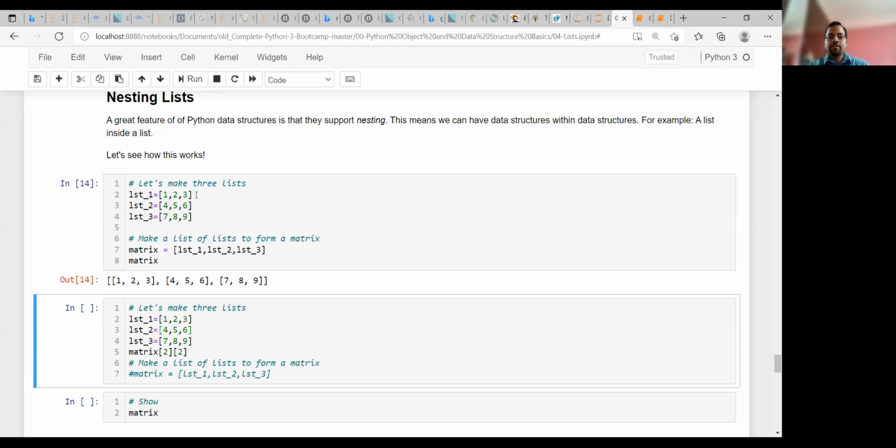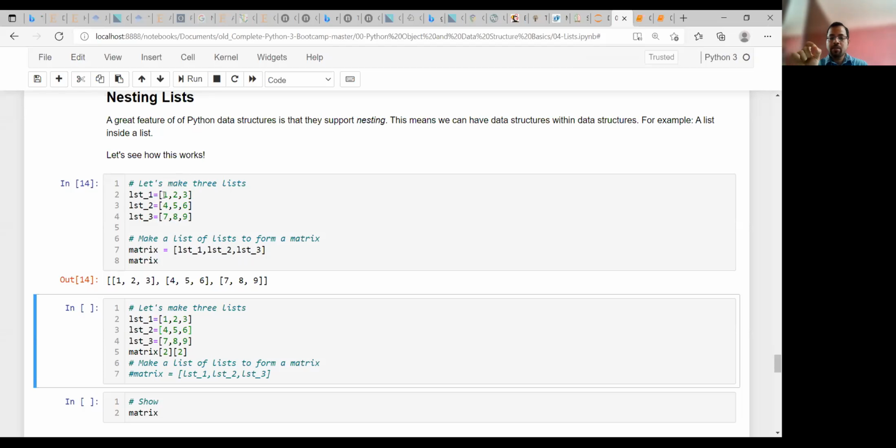And row wise, this is the first row, second row, and third row. So if you are generalizing this with numbers like 0, 1, it means the position